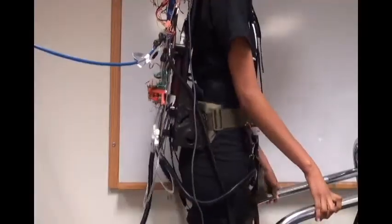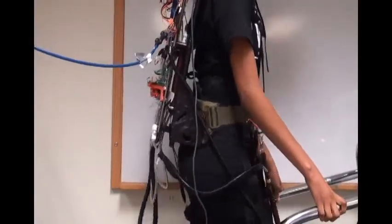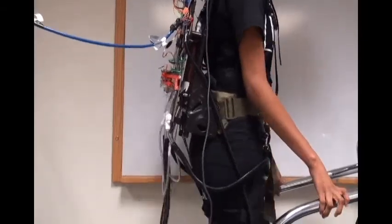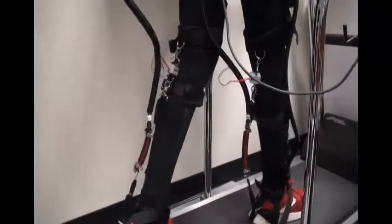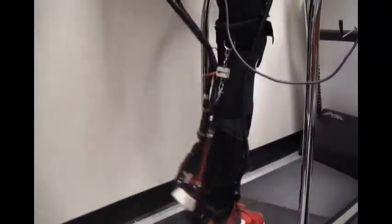Hydra muscles are fluid elastic actuators that expand when pressurized, and then contract when not pressurized. They can work with both hydraulic systems and pneumatic systems. The CRFC valve stands for the Compact Robotic Fluid Control Valve, and it is something that we've been working on for a few years now. It allows for continuous flow, and so that allows for very biologically realistic movement, especially when it's paired with the